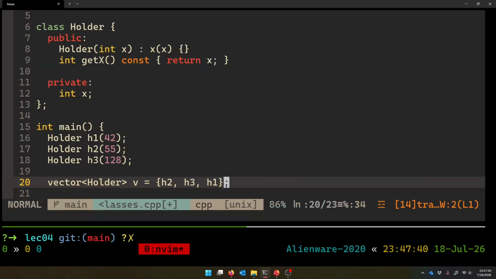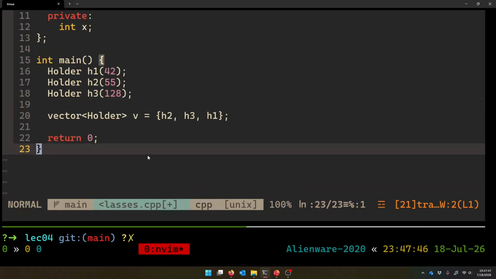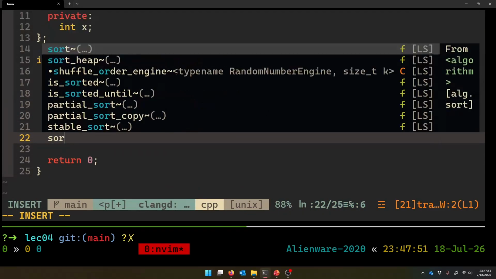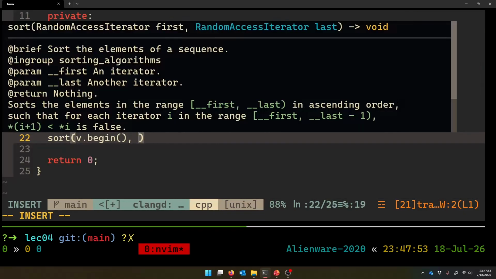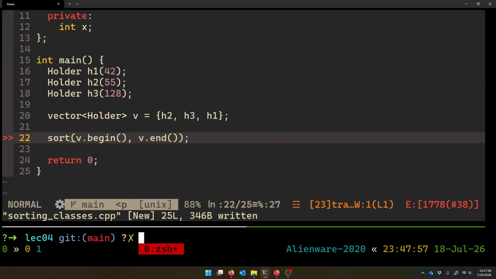So it's kind of out of order, right? 55, then 128, then 42, but they're inside of the Holder. And if we wanted to sort it, I want to say sort(v.begin(), v.end()). I'm going to get a compiler error because